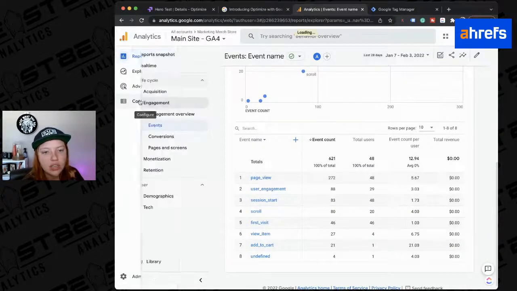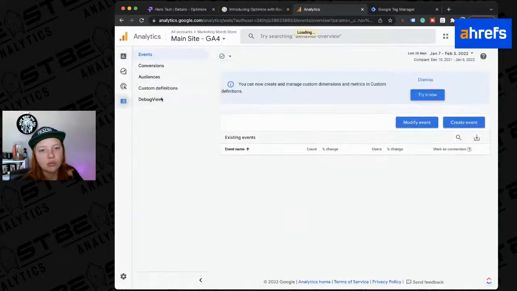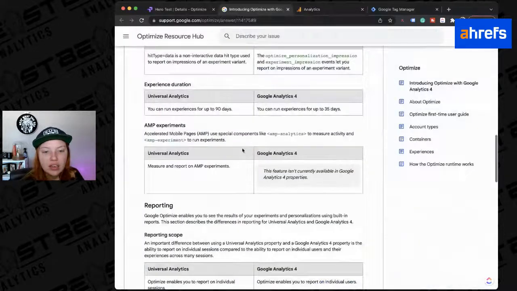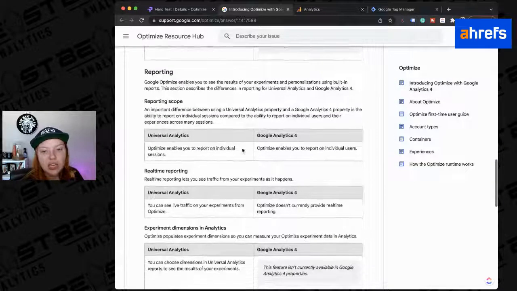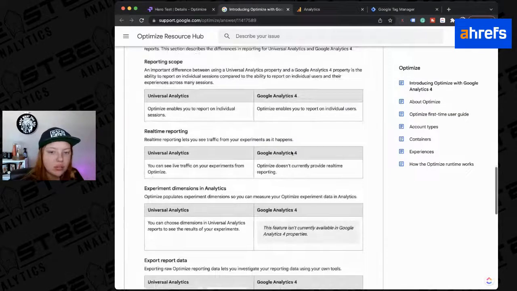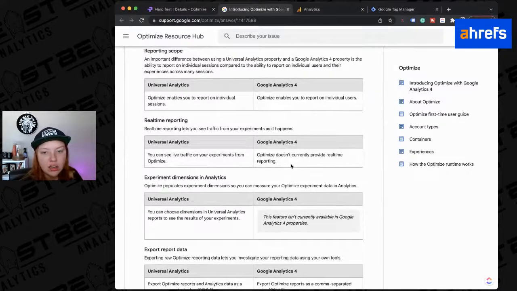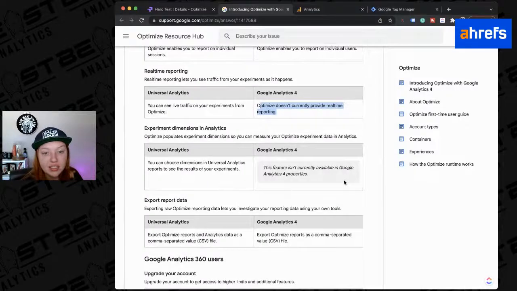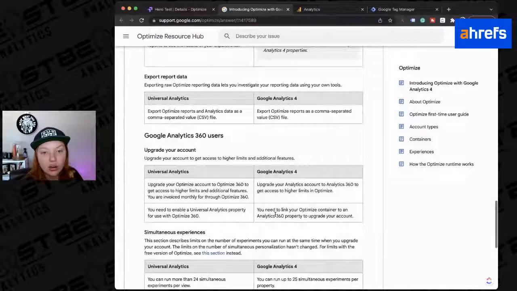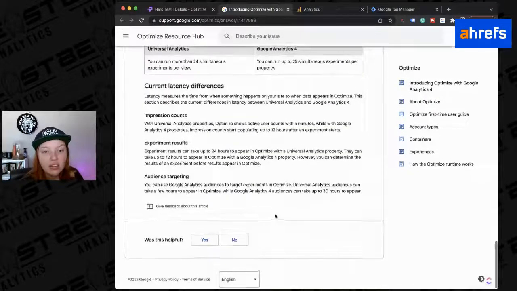You'll also be able to see it. I mean, there are a ton of different ways to see events in here. You'll also see it come through here as well. And in the reporting, you can report on individual users as opposed to sessions. Oh, okay, well, it doesn't currently provide real-time reporting. There you have it. Experiment dimensions aren't available. CSV files are. So yeah,